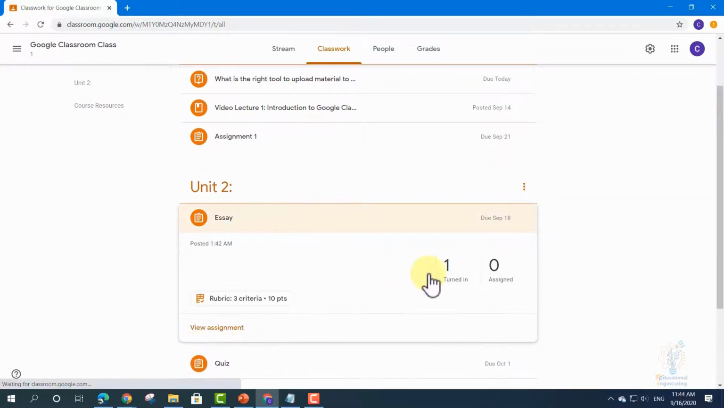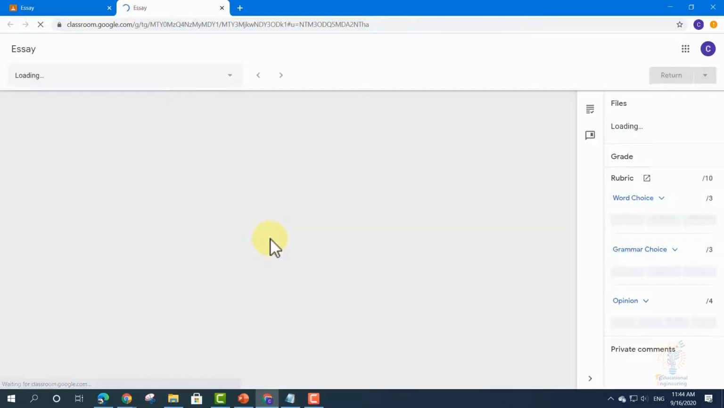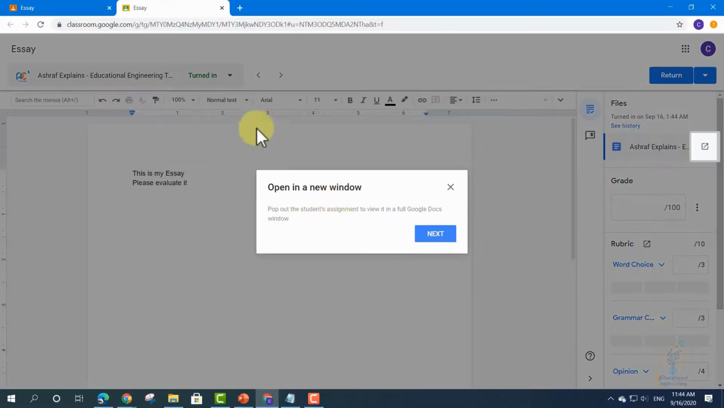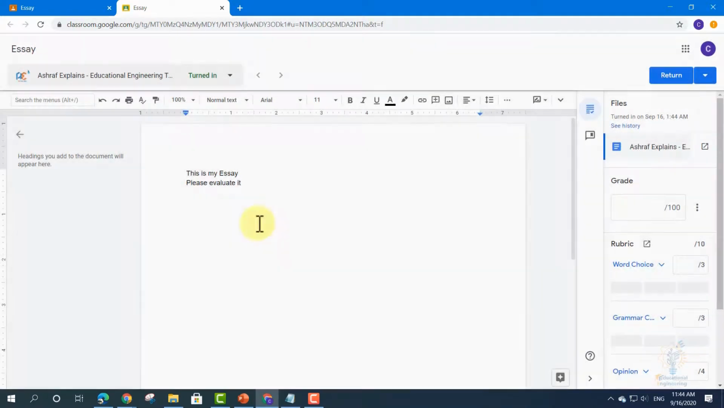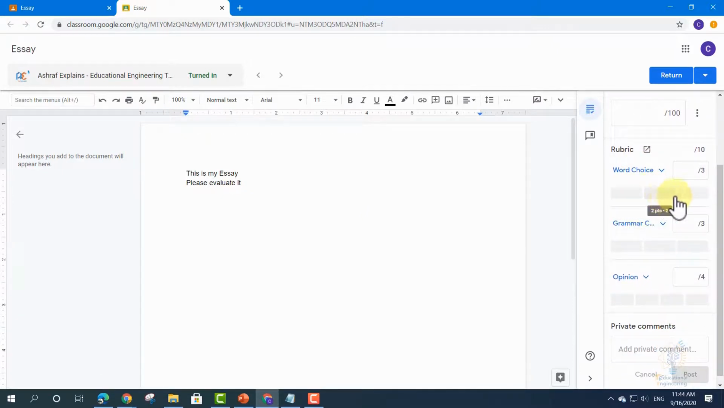Now, as you can see, this is the essay, and one of the students did solve it. So the teacher, this is the student, and this is the essay. If the teacher clicks here, he will see the essay. And as you can see, this is my essay. This is the student solution. He has to choose from these